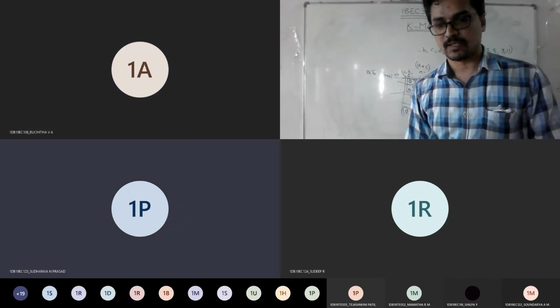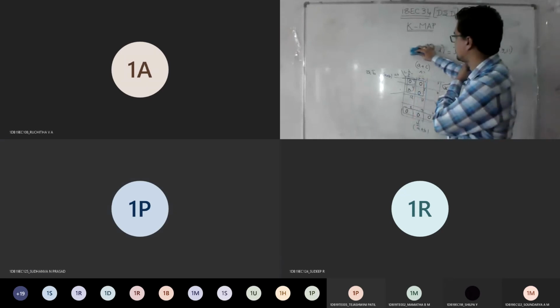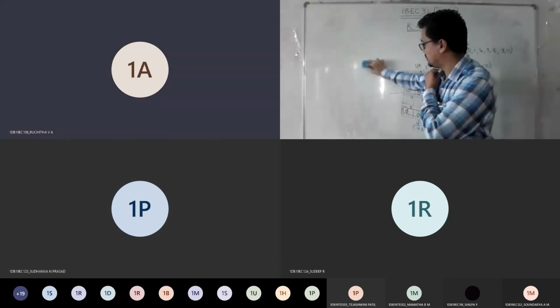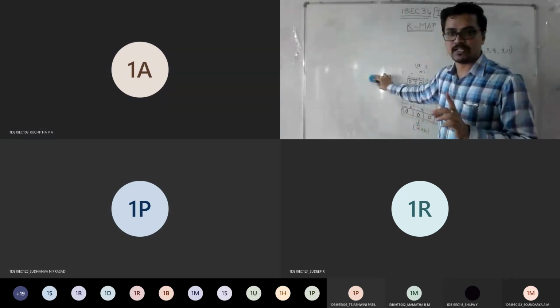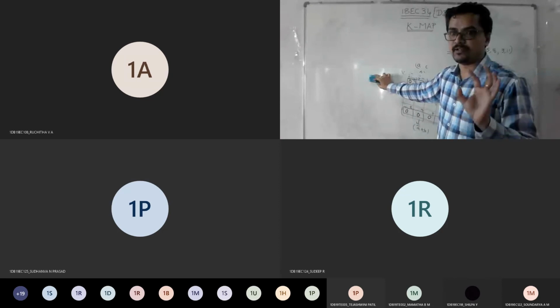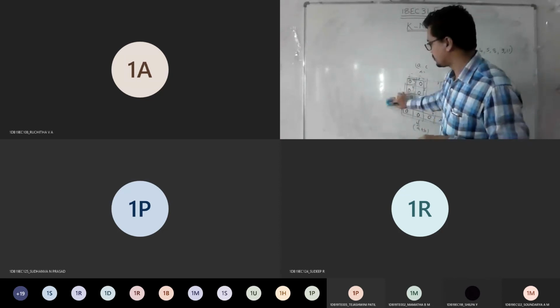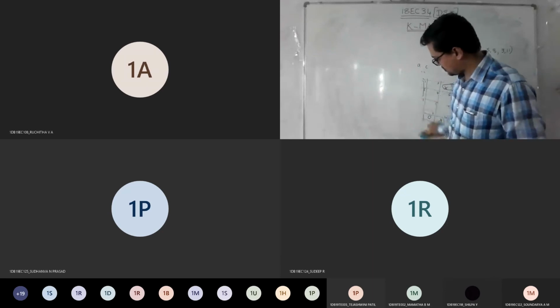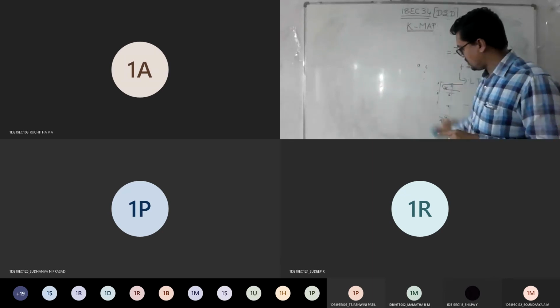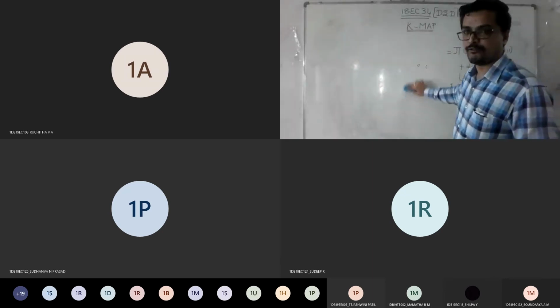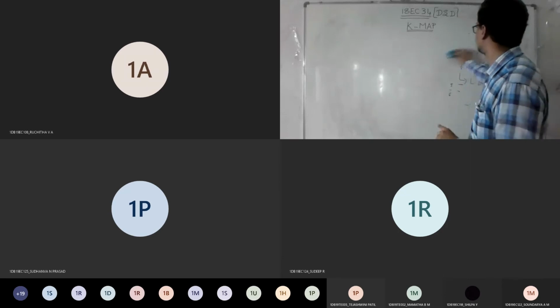Okay. So now we'll go with the next important topic. See, in the K map, syllabus-wise, you have 3 variable, 4 variable, and 5 variable also. So today we will deal with that main concept, how to solve a K map whenever 5 variables are given.